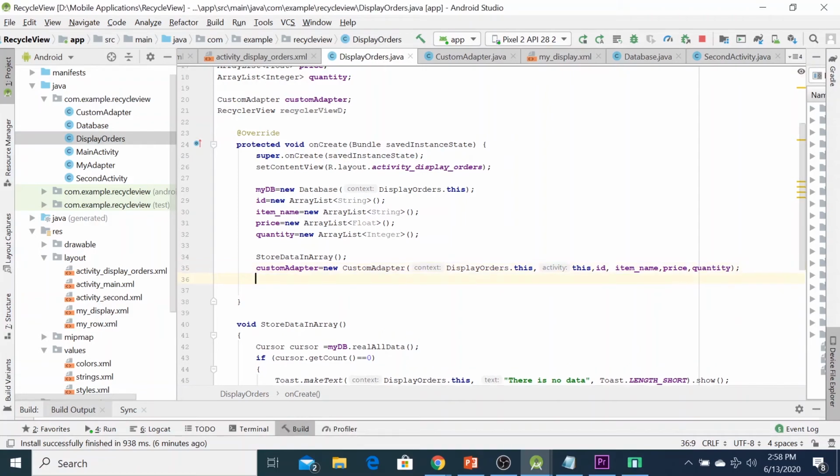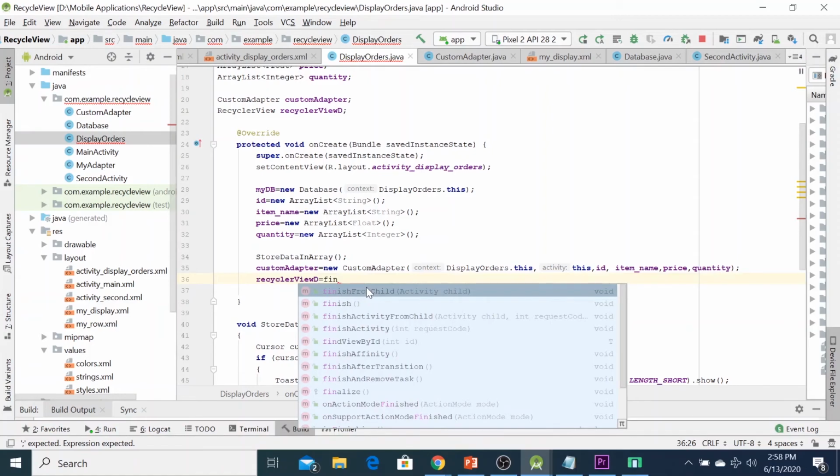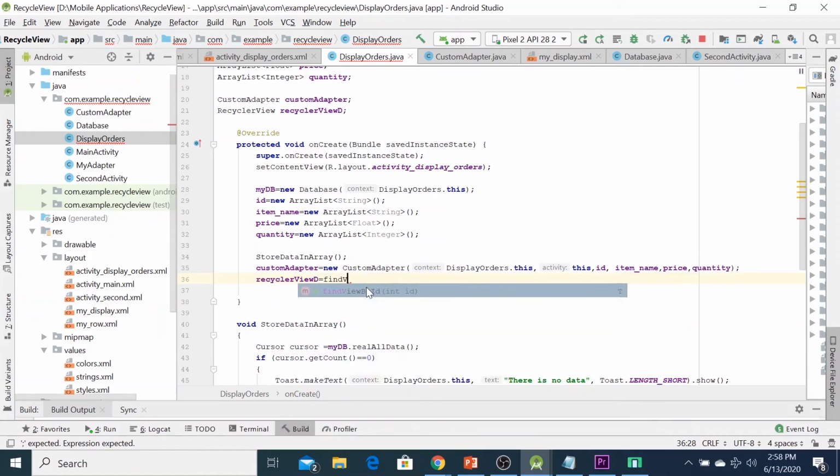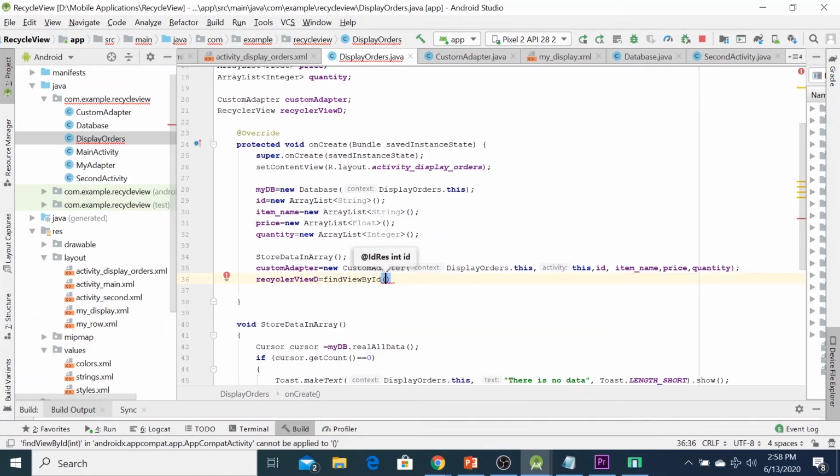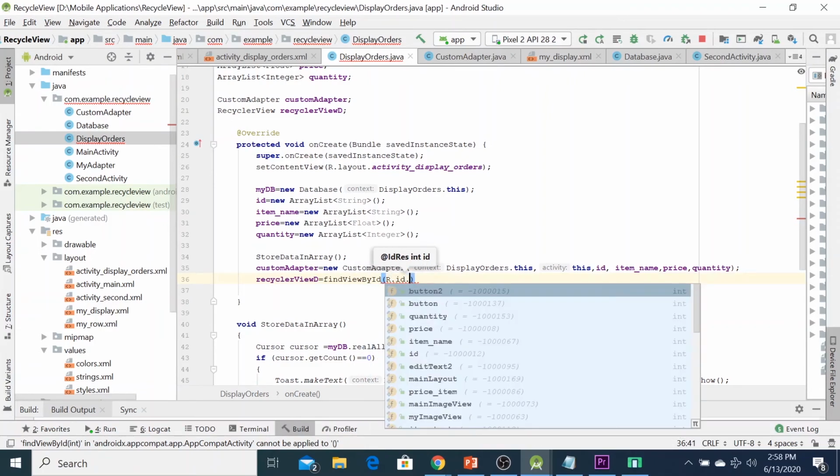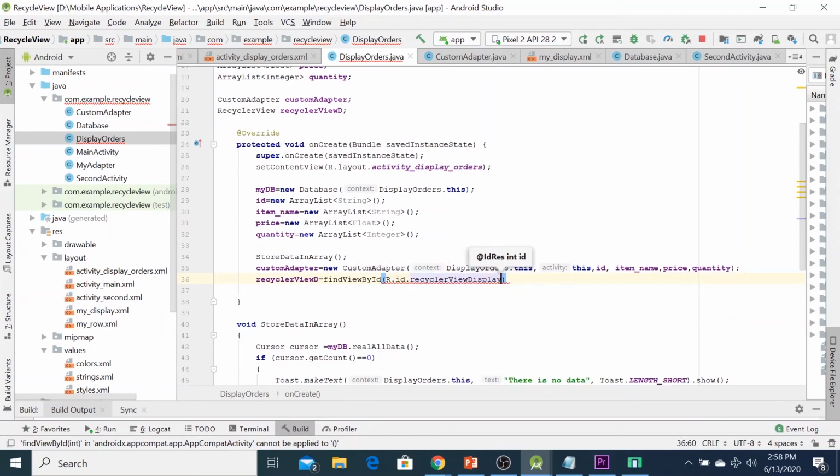Next, we call the RecyclerView. We already declared the object here, so we just call this variable equal to findViewById(R.id.recycleViewDisplay), semicolon.